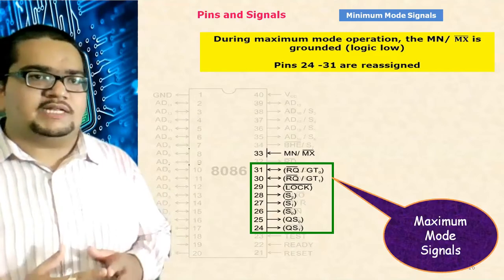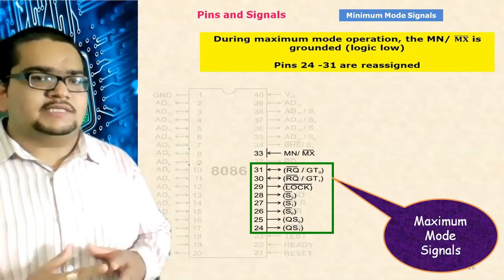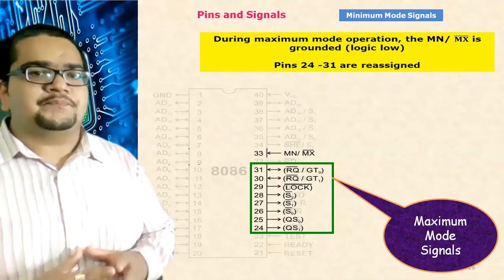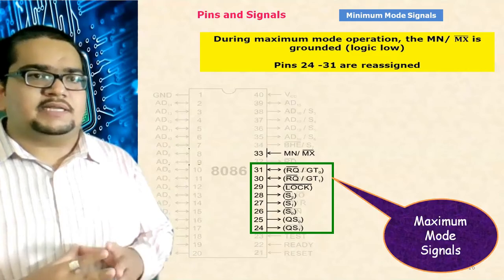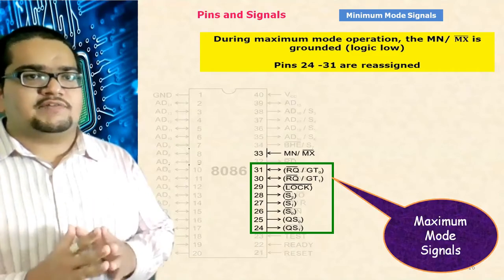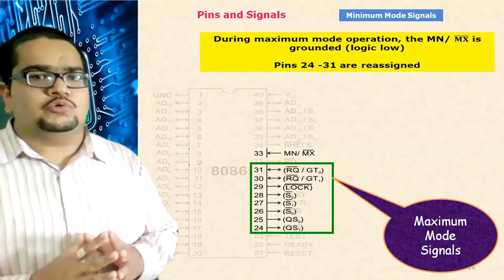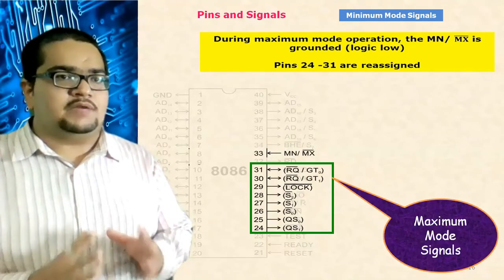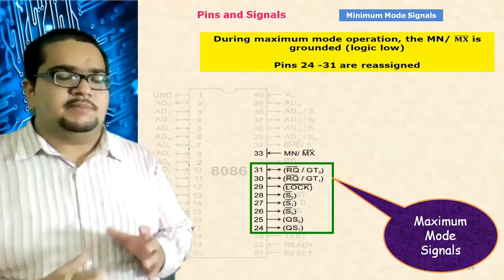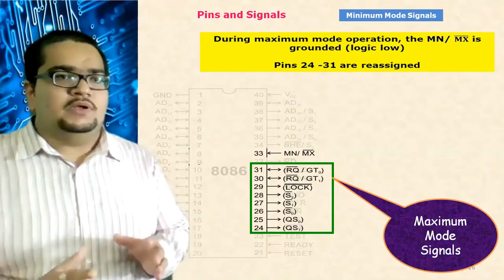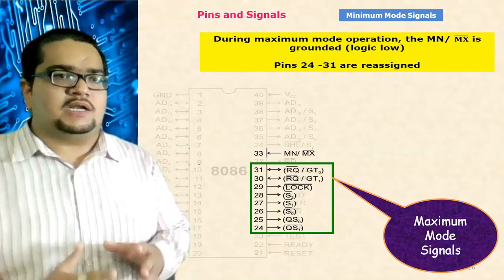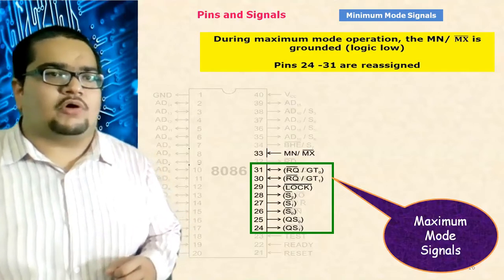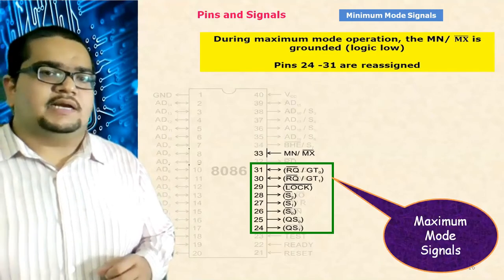After that, pin number 29 is the lock signal. It is an output signal to indicate the lock of the system bus. We will talk about that one. And finally we have pin number 30 and 31 as request grant signals. There are 2 signals used here for request grant between the processors. In between processor 1 and 2, they communicate with each other about who will be the boss of the system. Okay, one by one we will check all these signals. Let us start.